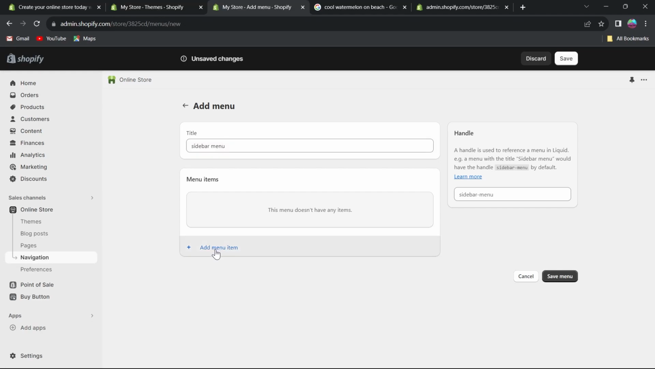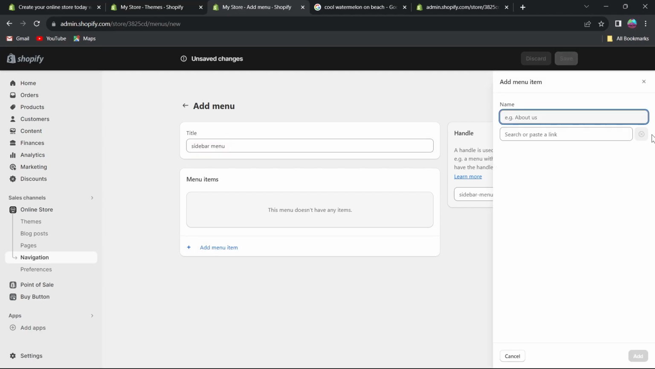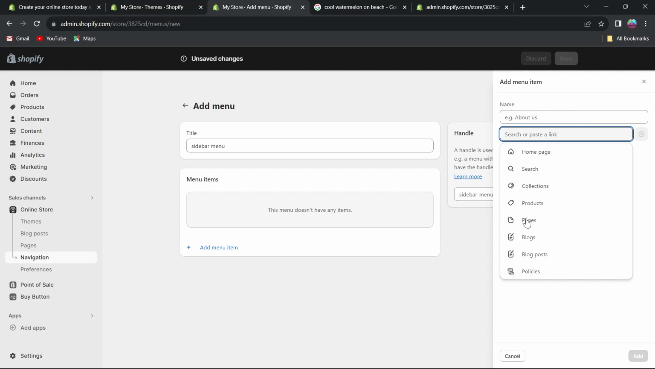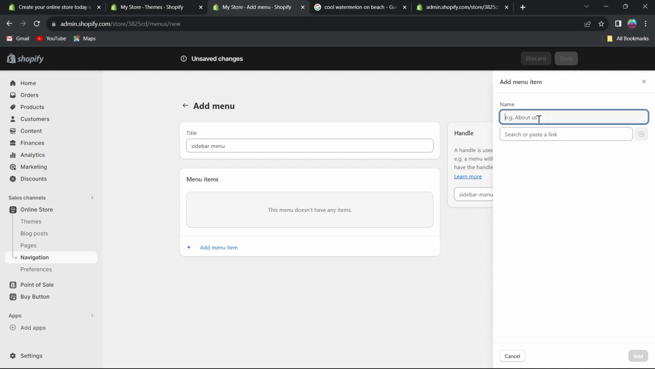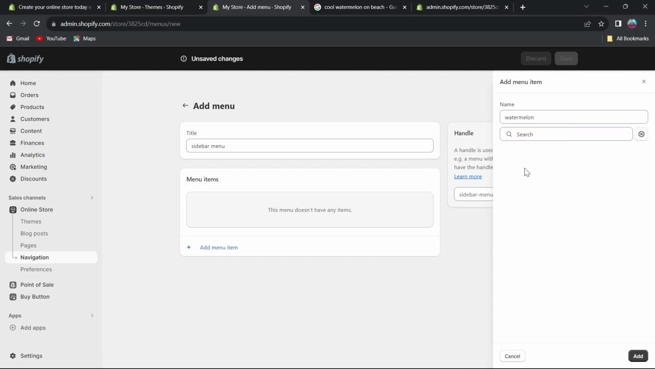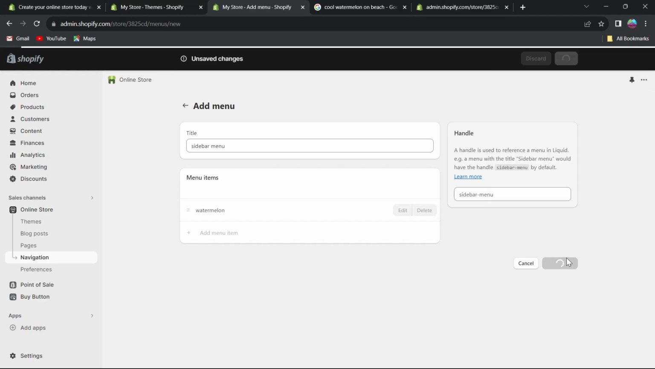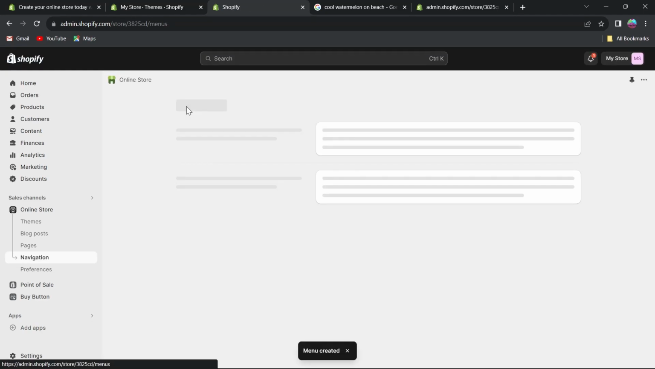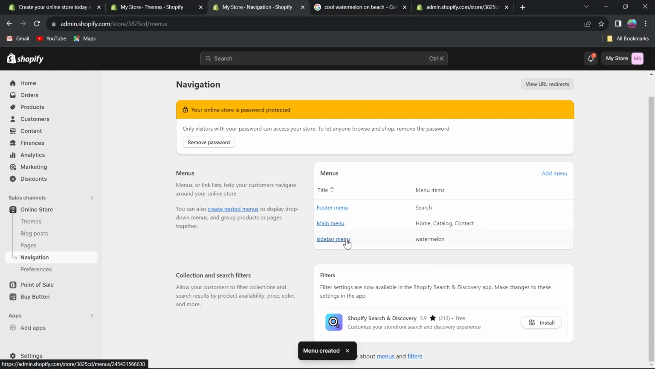So my menu doesn't have any items, so I'll click on add menu item and here I'll be able to add the item's name and the link to my item. So for example, if this item is related to pages, I will select pages and name the item something like watermelon. Click on add and here you'll have to paste the link for that. Click on save menu. Now click on back and here we can see that we have successfully added another navigation,